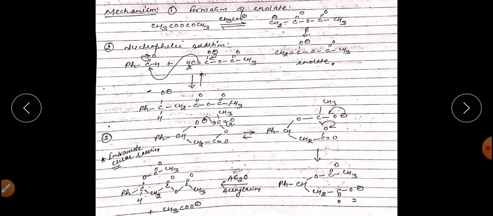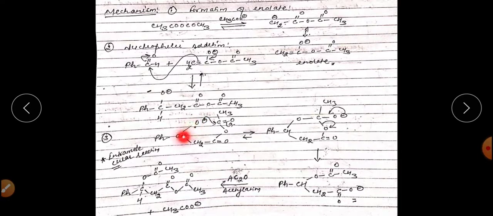The mechanism of the reaction will be the same as the nucleophilic mechanism, in which the first step will involve the formation of the enolate. So in the first step, this particular base will abstract the acidic hydrogen from acetic anhydride and will get converted into enolate, right? So this is the enolate. The second step will be the reaction of this particular enolate with the benzaldehyde. It will react with the benzaldehyde, and when it will react with the benzaldehyde, there will be formation of this particular adduct.